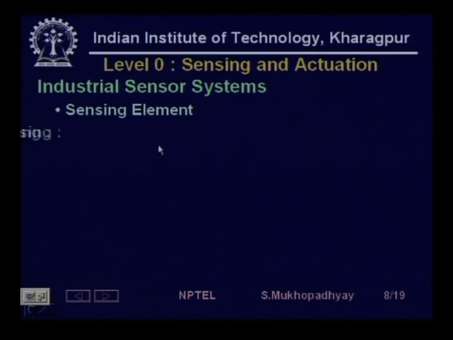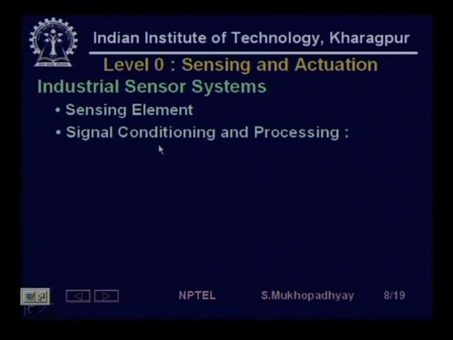Now, after the sensing element, we have signal conditioning and processing. The job of signal conditioning is to transfer to electrical form, and then signal processing is to do further processing for some improvement, like linearization. Suppose some signal is varying according to square, we want to make it linearly variable, so we can have a square root operation. We can have a filter to strip out noise, we can correct bias, we can add bias, whatever we want. So, in general signal conditioning means